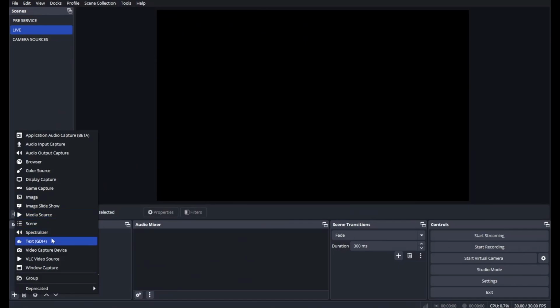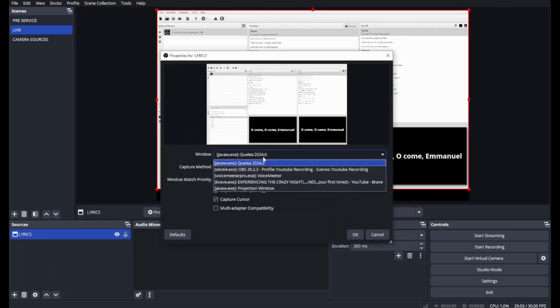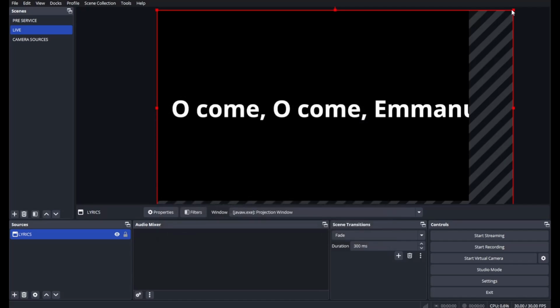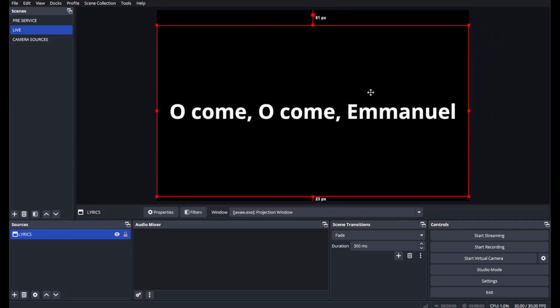So we're just gonna add a source. First of all, we need to add a window capture. Just name it lyrics, and then you get the window and choose something like projection window. That's what I have in Quilea. If you use Quilea, just do this. Set it to bit so that it can actually read it. Do not capture cursor, and then just press OK. Just resize it like that, and then